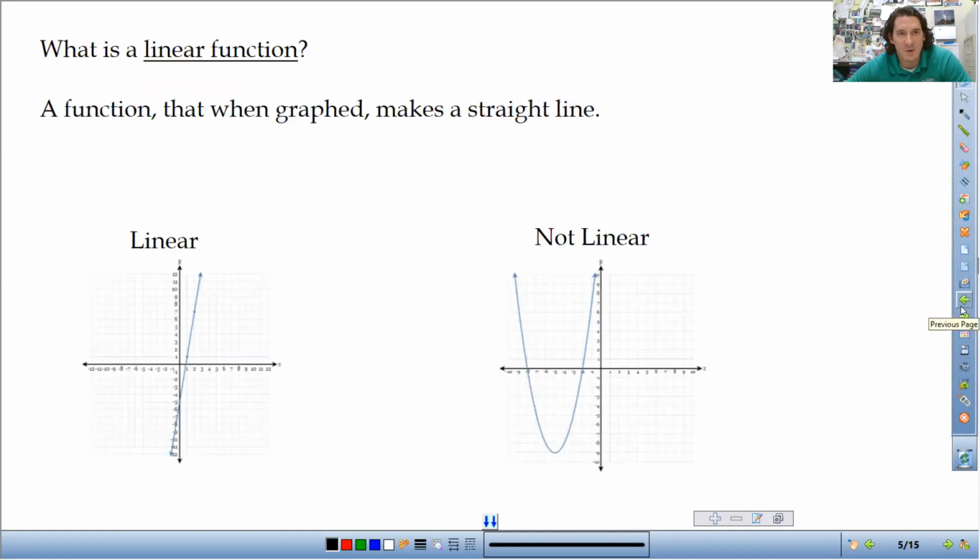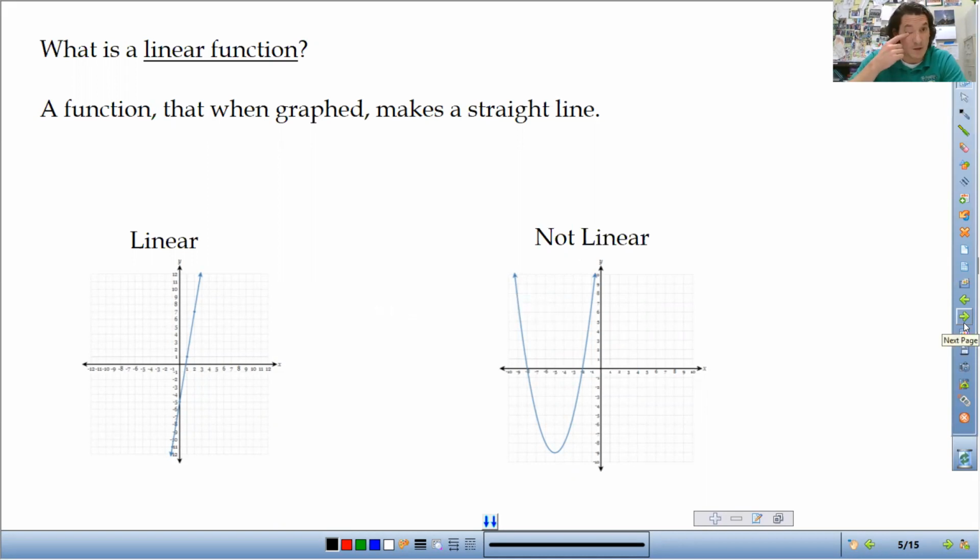Simply, it's a function that when graphed makes a straight line. That's all it is. So if you think about that word linear, it means to make a line. So here is an example of a linear function, straight line. Here's an example of a function, but not linear because it's not a straight line. It's that simple. When you're looking at graphs, it's super easy, but sometimes we're not always going to be looking